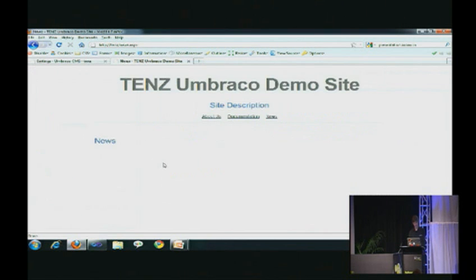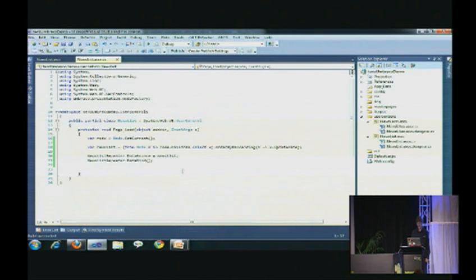what we can do now is, if we come back to our news list, we only have one. Oh, we've got an error. There we go. I didn't do what I thought I should have done. Here we go. Let's turn this into a set of anonymous types, because that's what I did when I did this. So select new